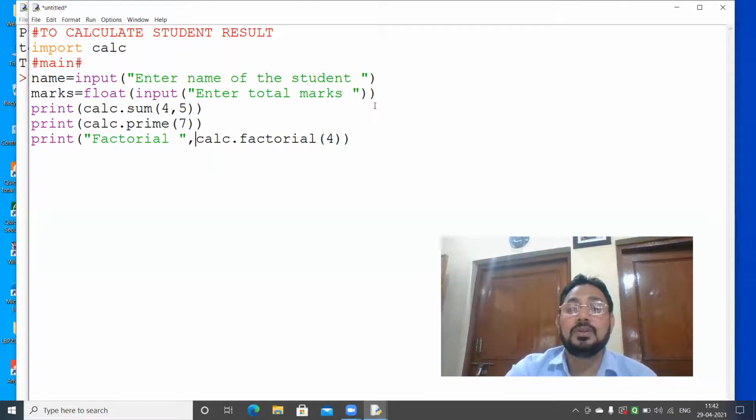Now see here, where I have written the program of sum, the program of prime, and the program of factorial.